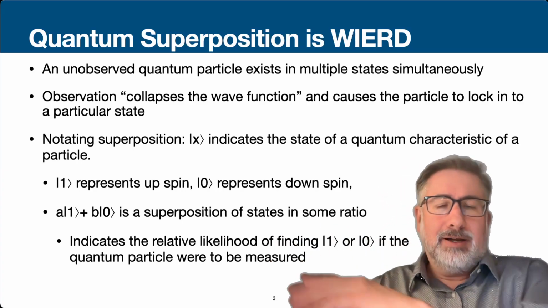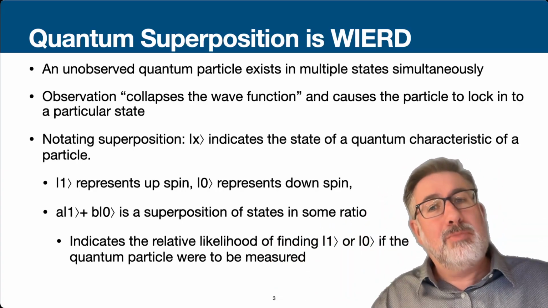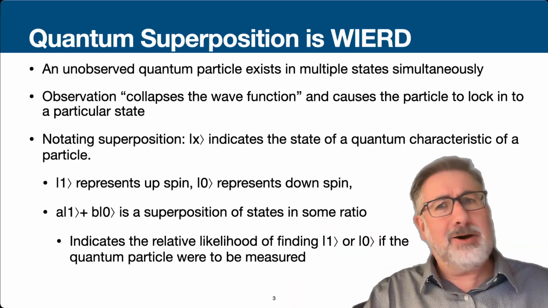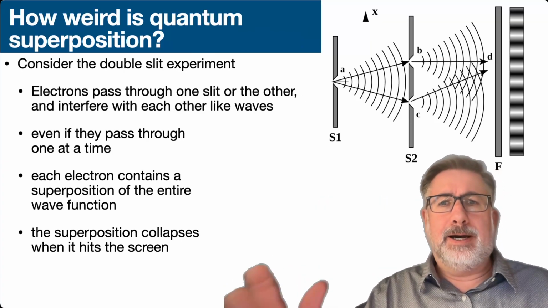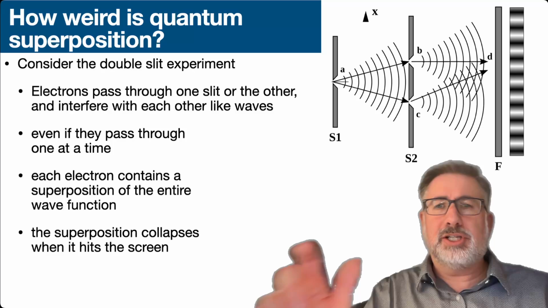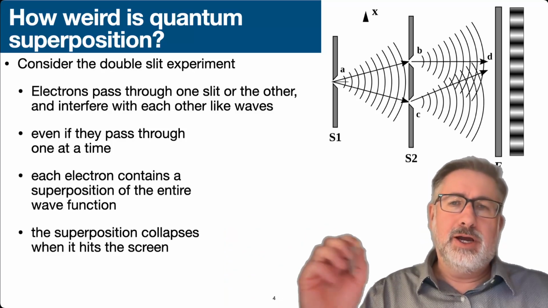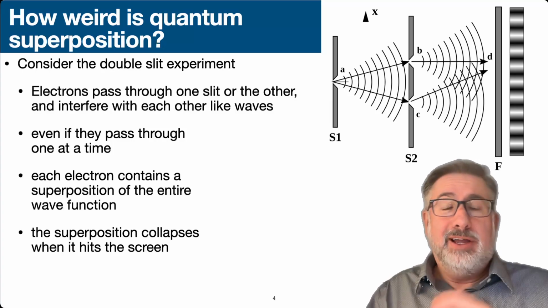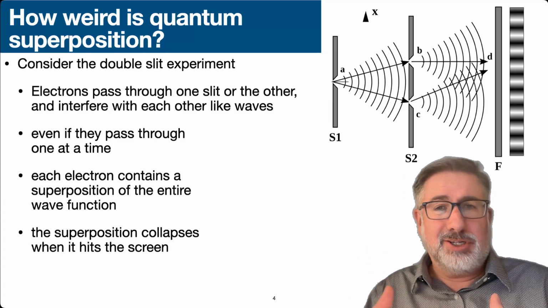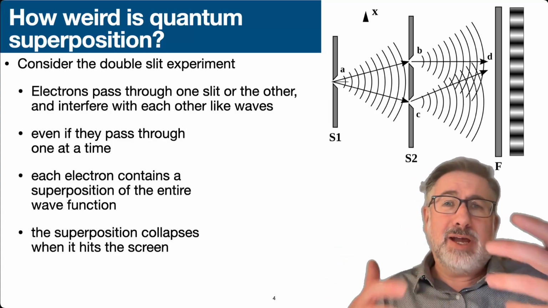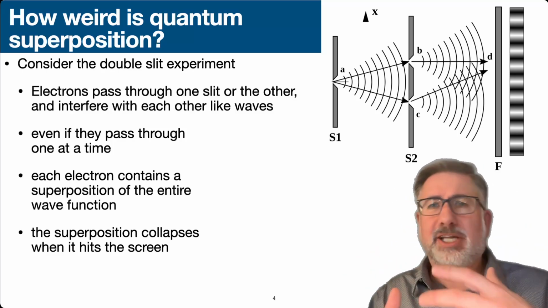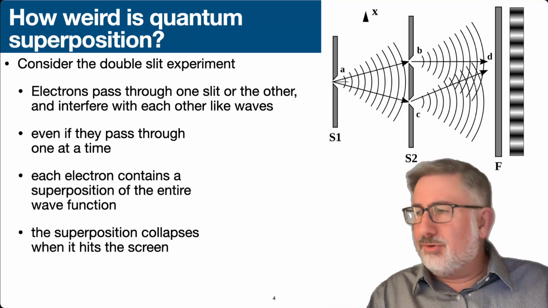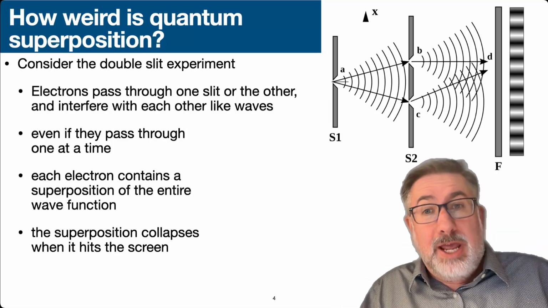So we'll get there, but I want to talk through a little bit more about how weird quantum mechanics is, just so we really understand how nuts this stuff is. Probably you've seen the double slit experiment. This is the idea when you fire a beam of electrons at a wall and there are two holes in the wall. If electrons are particles, then you should end up with two piles. But since you end up with a whole bunch of piles, that is indicative of an interference pattern of two wavefronts. This is how they determined that electrons are waves instead of particles.